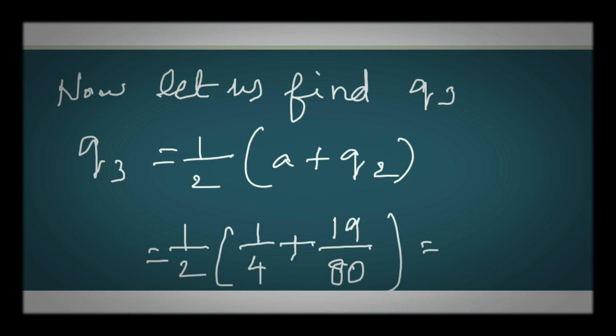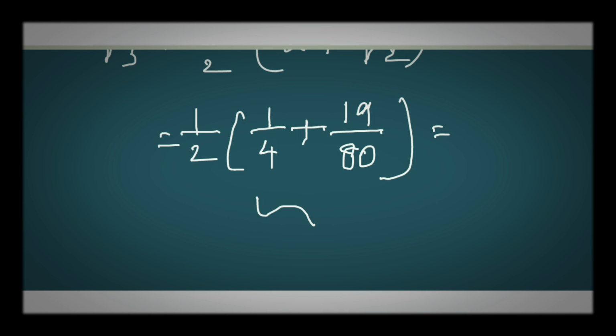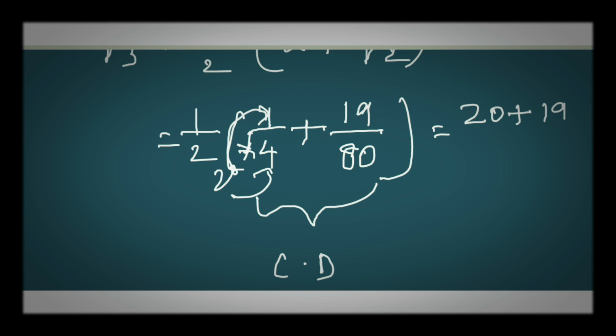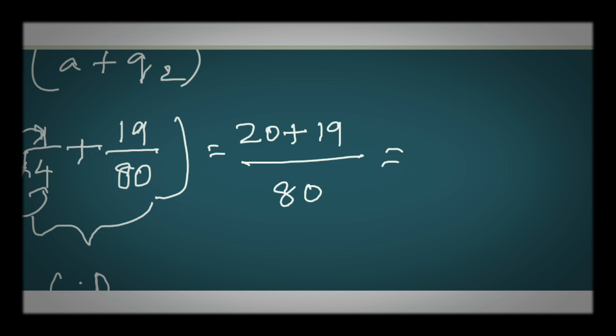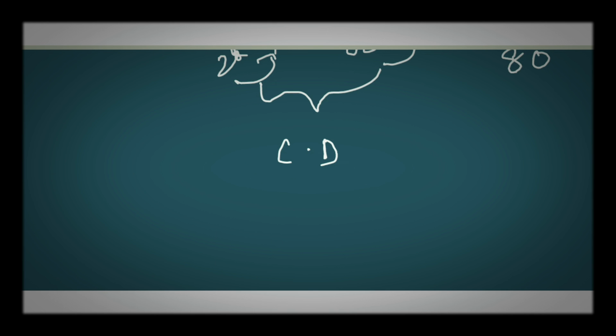Now what is the next step we have to go with? We have to find a common denominator, as the denominators are 4 and 80. It is not the same. So always for adding numbers we need to go with a common denominator. So 80 is there. We know 4 times 20 gives 80, so when you multiply 4 with 20 you get 80 as your denominator. Just write 80 as the common denominator, and the top 1 has to be multiplied with 20, so you get 20 plus 19 divided by 80. Now add it up. It is easy to add. 20 plus 19 is 39 divided by 80.